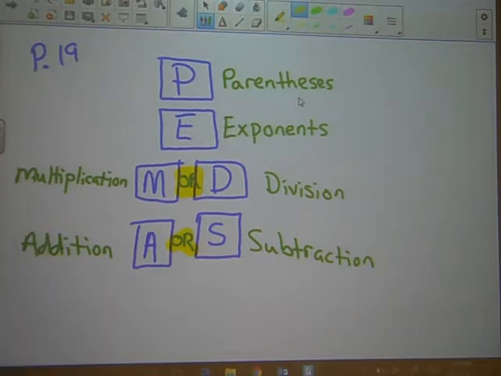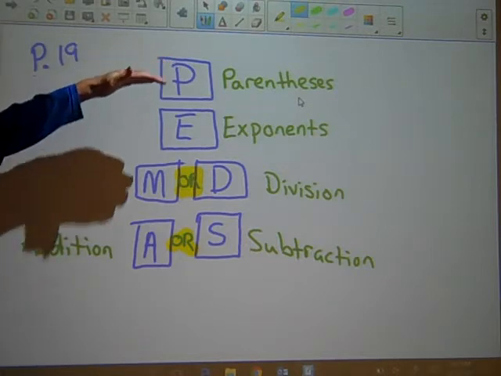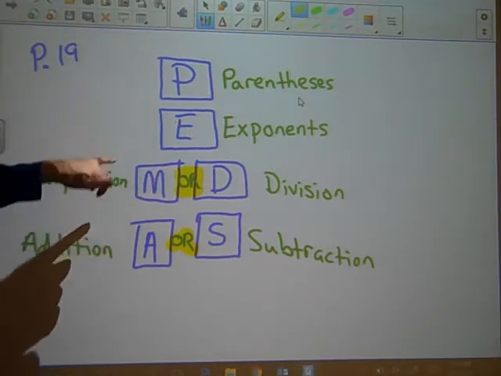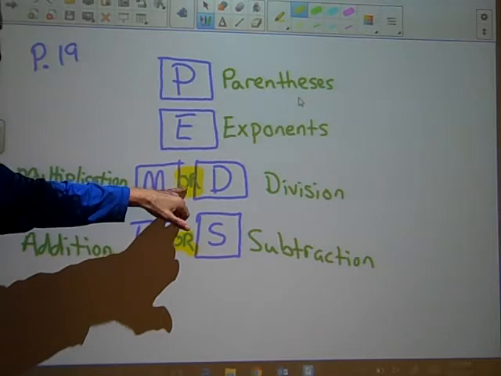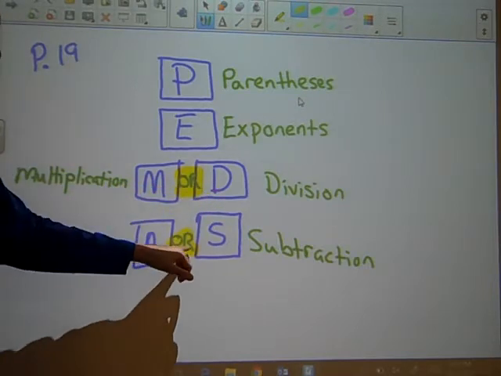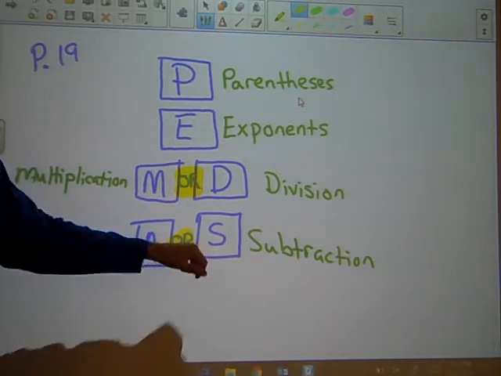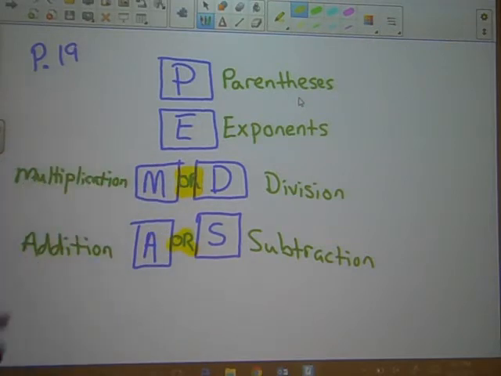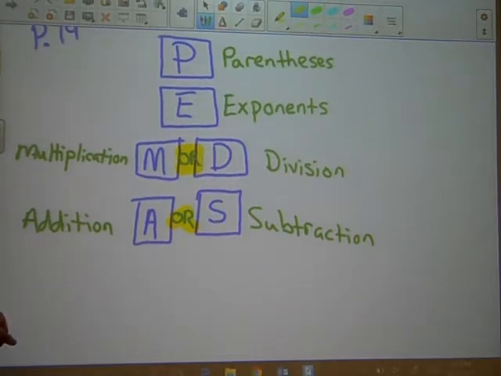Okay, whichever comes first, and we will talk about that. We'll do a lot of practice with that. So parentheses, exponents, multiplication or division, addition or subtraction. Again, pause the video if you need to make sure that you have this all written on